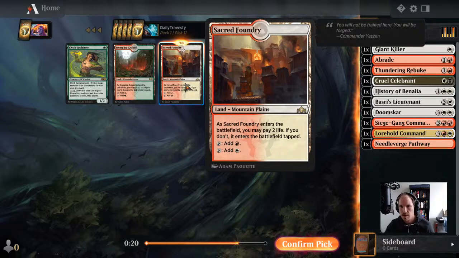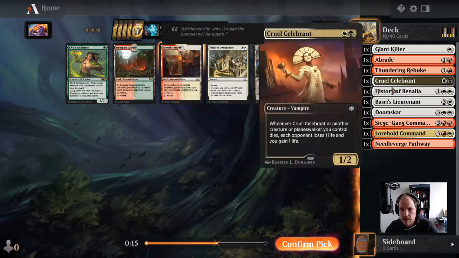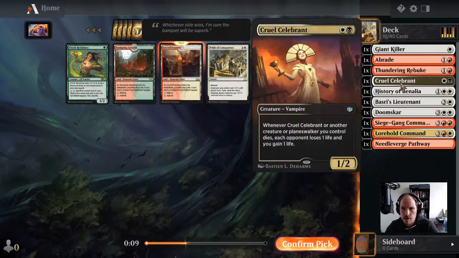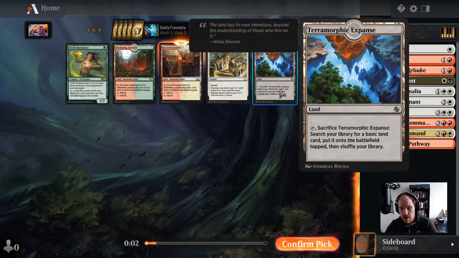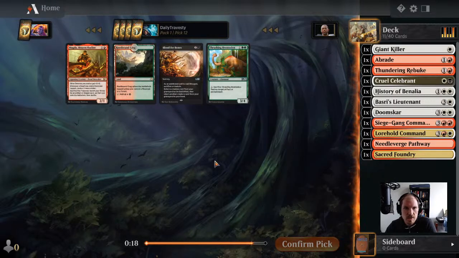I'm going to take the red-white dual land, and that opens me up to maybe splashing. I'm probably not splashing any white cards except Lorehold Command, but if we end up being black-white, we could splash these, like a Braid, Thundering Rebuke. So I'm going to take the Sacred Foundry here. Terramorphic Expanse would also be good, but I already have red and white cards, so...